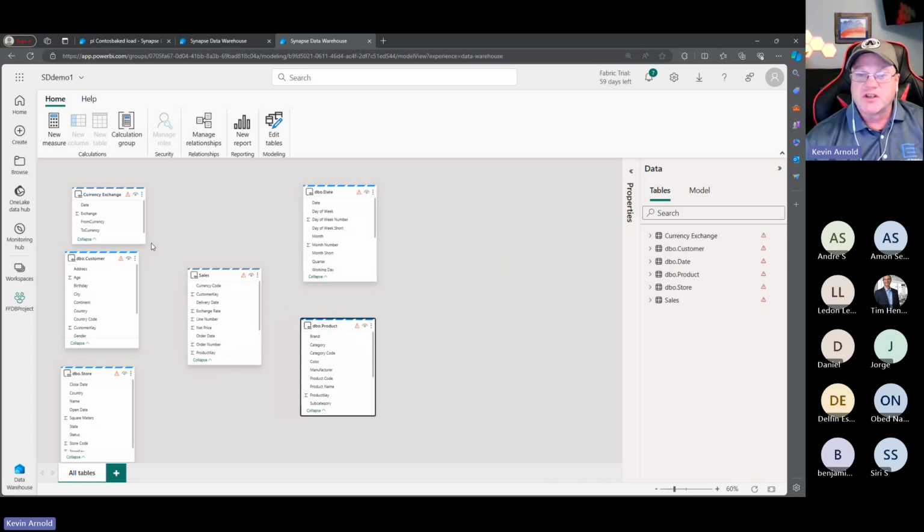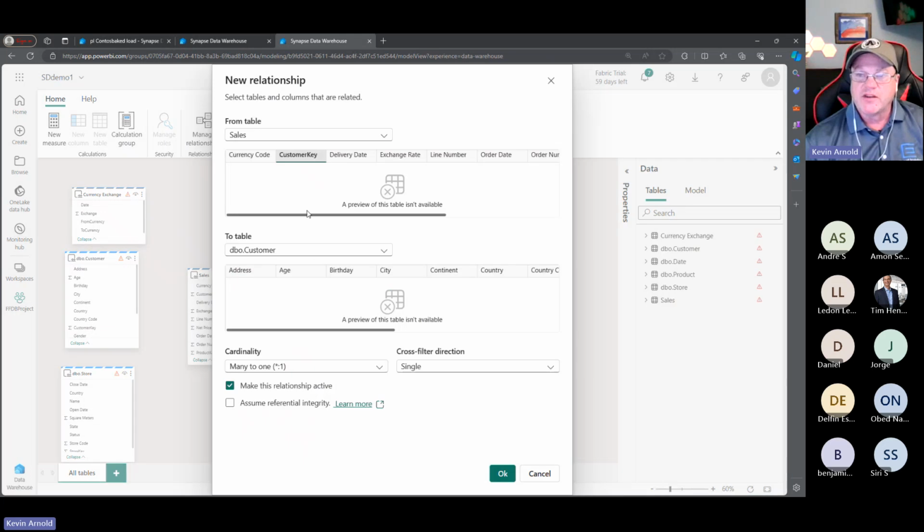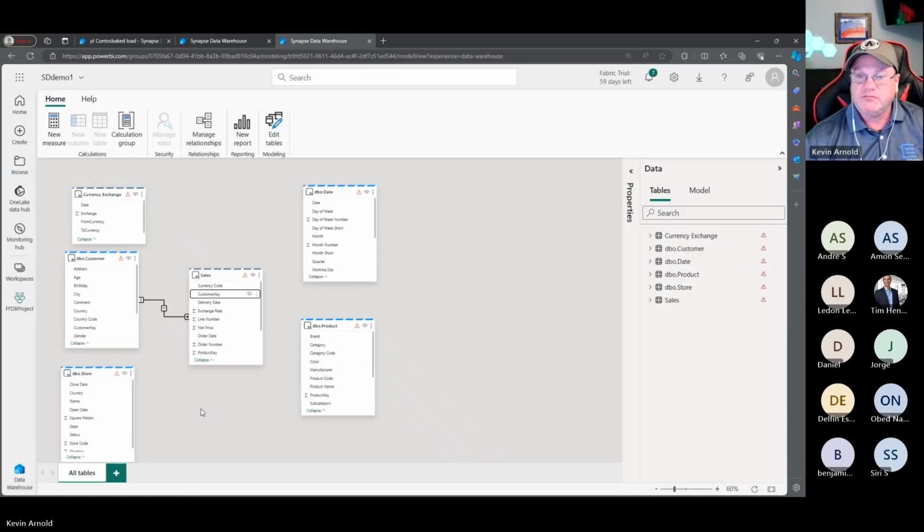And then, of course, because these are views, those relationships were not set with my views, but I could do my setting of my keys. And it used to be the way that I dragged it was important. So it's going to say from sales to this, many to 1. And I believe that's going to be right. Yes. So you could come up here and do the majority of your changes to your semantic model up on the web using the web modeling view.